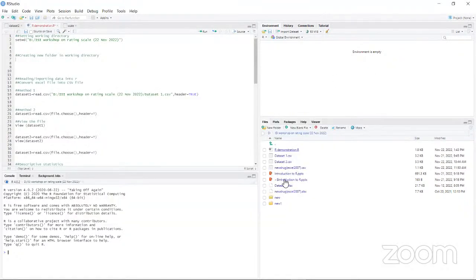So now since we have created our working directory, now we would like to import a particular file on which we would work. So this file would basically have rating scale data. It is an arbitrary data set. It is not from any study or anything, but it is an arbitrary data set that we'll be working on. So how do we basically import a data set from our system into RStudio? So for that,